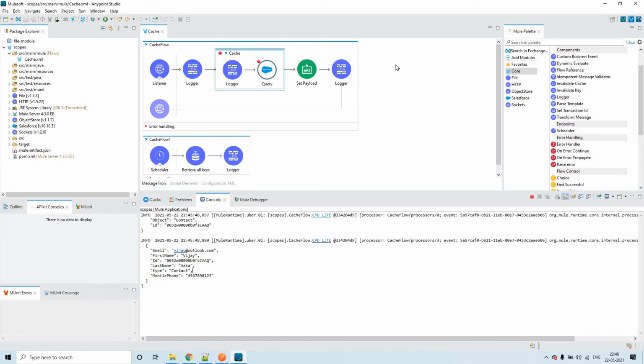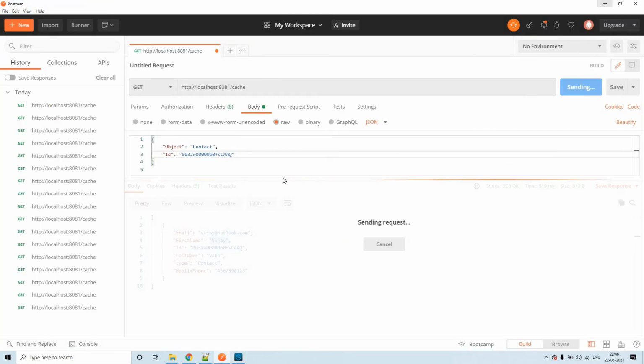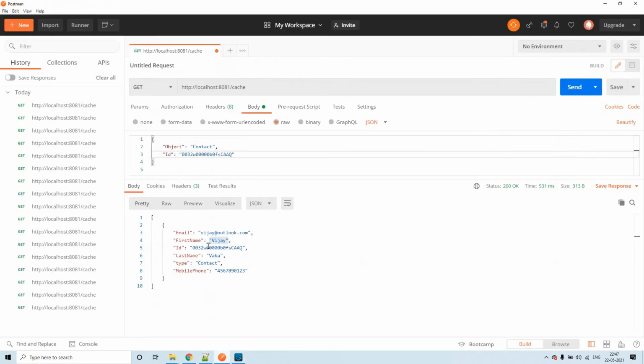For example, if for every request you will be sending the same response, why query the database always? It takes time, and also if it is down, creating some cache for this will help you to some extent, so that way you can utilize this. In this scenario I did the change in the Salesforce, but here it is not reflecting, right? Even if I send the request one more time, I still see the first name as Vijay instead of Vijay 1.